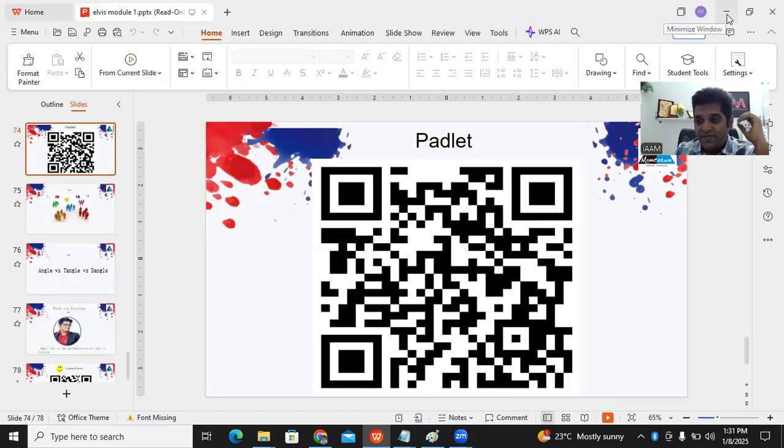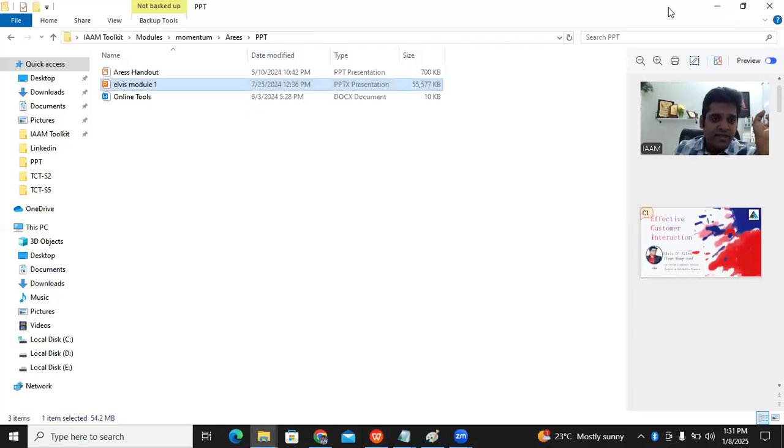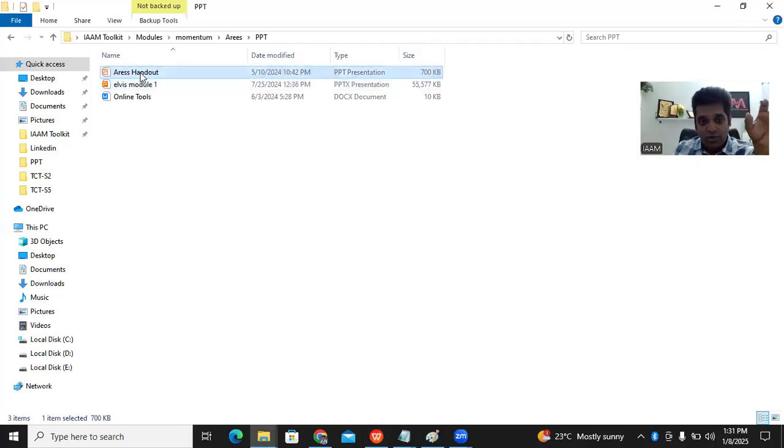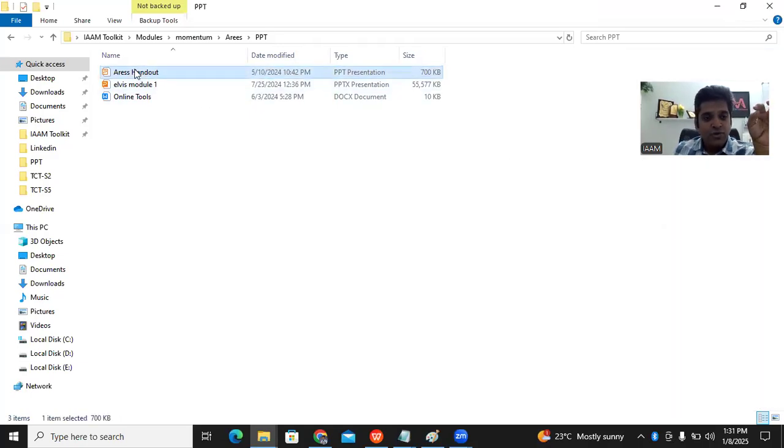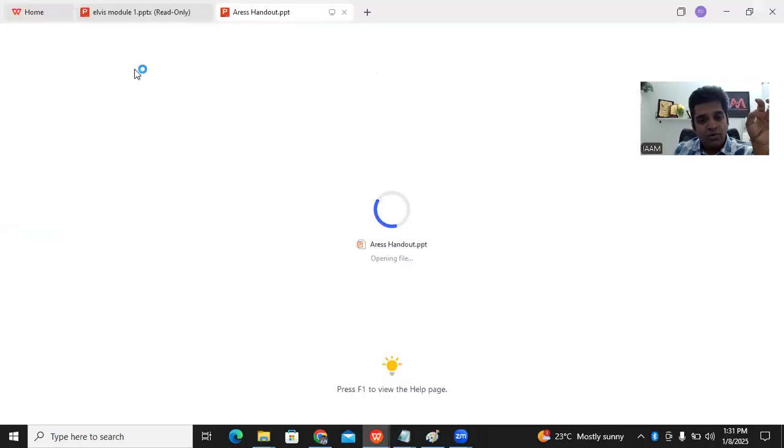So this was a PPT. I've just explained to you how you need to cover the detail of each point. Now on the PPT, I do not put the details. It's only the main pointers, but the details of each pointer are in the handout. If you see, there is a file here called handout. So just go to this handout and check.